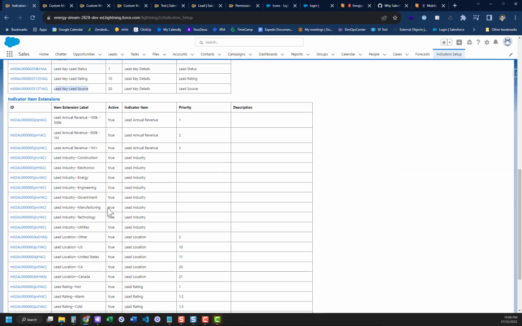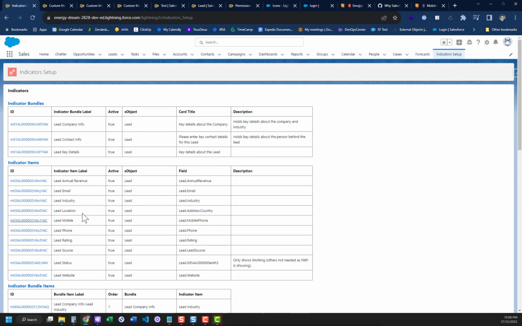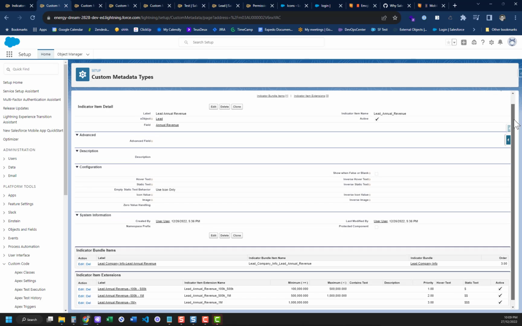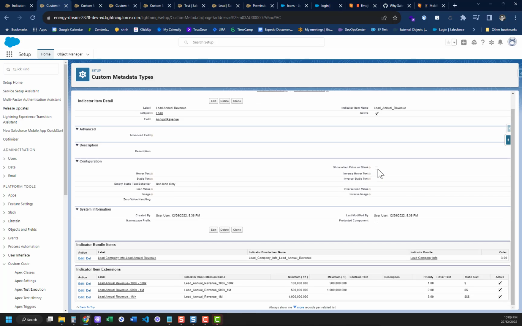So let's have a look at our values. So we've got lead annual revenue. So we've got an item extension for lead annual revenue, 100K to 500K or a million plus. So we'll go to our lead annual revenue indicator item. And we can see in here we've got the object of lead, the field is annual revenue, it's active, but we are not using a true or a false value. Okay, in this case, we're using extensions. We're saying, show me this if it's between 100,000 and 500,000. Show me this one if it's between 500,000 and a million, and show me this one if it's over a million. And here's the priority, which is similar to order, but just gives which icon should show